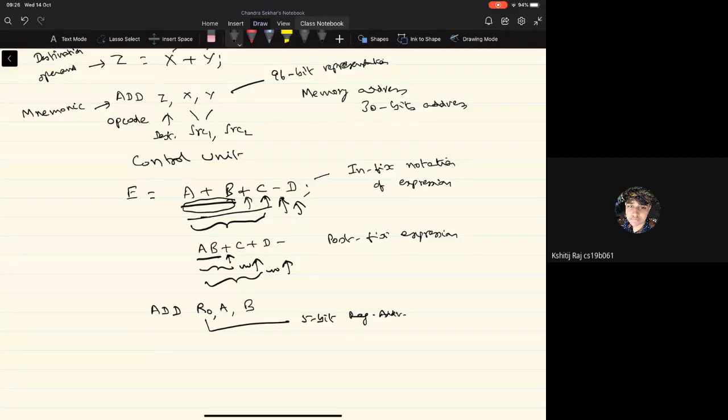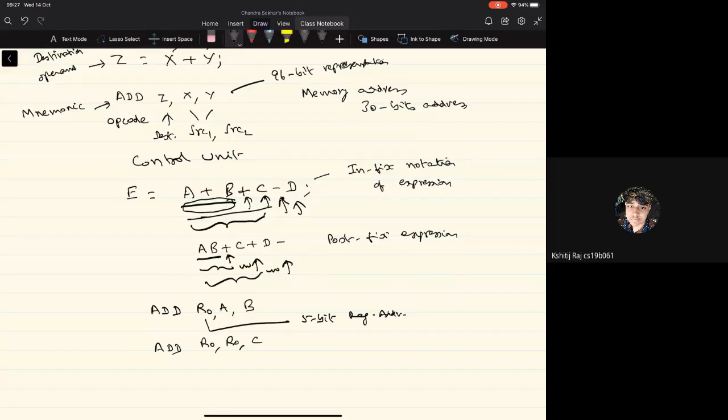What is the next step to be carried out? One more addition operation. So what is the source operand 1 here? That is the sum of A and B that's available in the register R0, to which we need to add the second source operand, that is C. And again, we need to put the intermediate result in a temporary storage in the form of a register. I can use the same register R0 itself, or I can use a different register. Let's say we go ahead and use the same register R0.